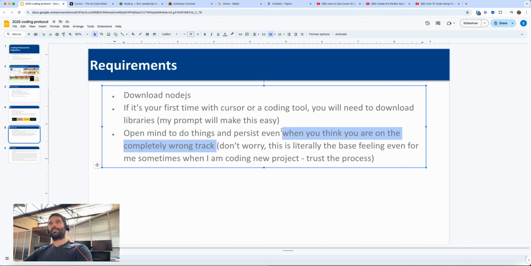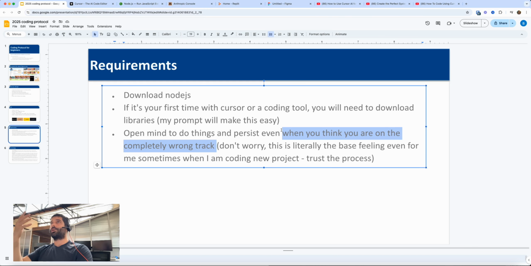And when it gets into that loop, you have to break out of that loop by either starting a new chat or by giving it new information, giving it new context. But typically when it gets into that loop, at least for me, that's where I felt like, oh, I'm doing the wrong thing. I'm asking the wrong thing, the code that we're generating is completely wrong. I'm just a beginner, how could I truly know? In those cases, you have to persist, because most likely, and this happens to me 9 out of 10 times, you are on the right track. You're just a degree away from actually getting there.